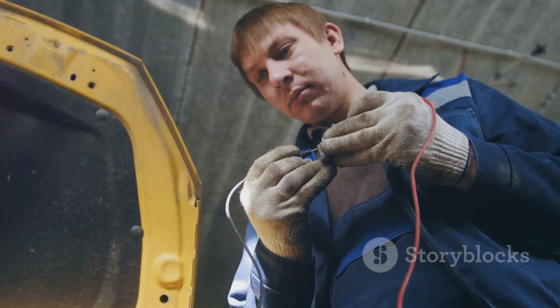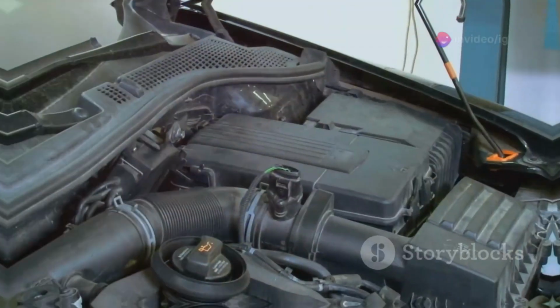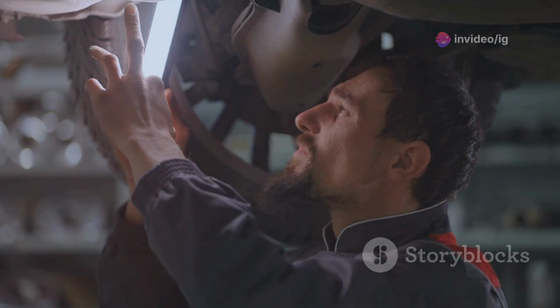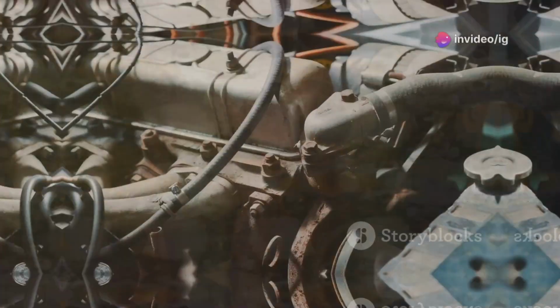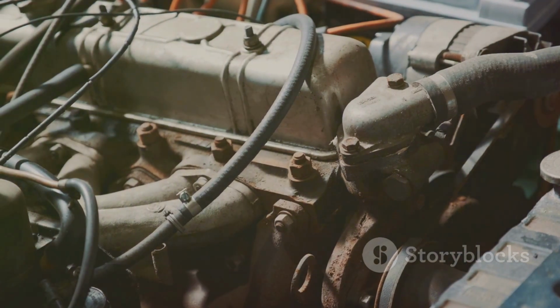Next, check the wiring and connectors. You'll want to look for any damaged wires, loose connections, or corrosion that might be messing with the sensor's readings. A bad connection can cause higher voltage, which leads directly to this error code. Now let's talk about the fuel volume regulator itself. This component is typically part of the fuel pump assembly, which is located in or near the fuel tank. While we can't show it directly without removing the pump, you can inspect the wiring that leads to it. If the regulator is faulty or getting the wrong signal, it can cause the fuel system to deliver too much